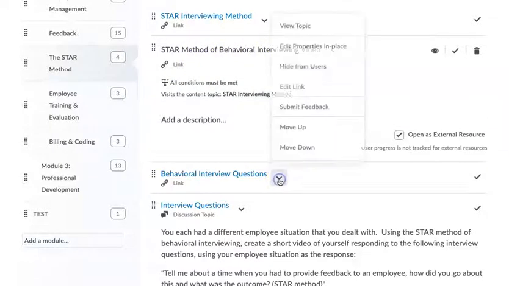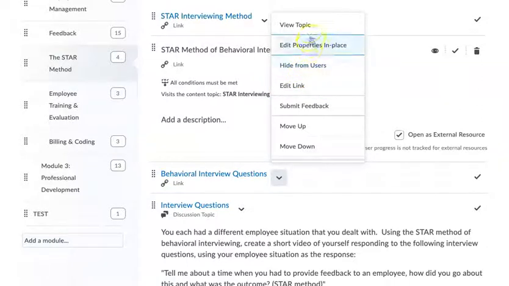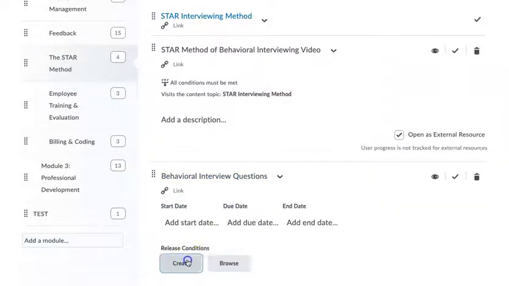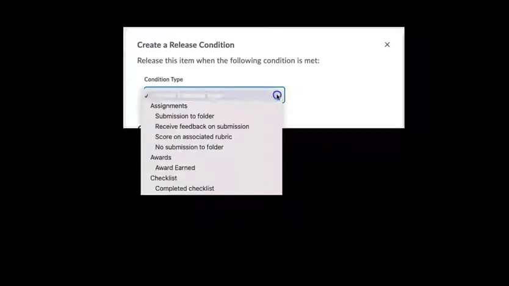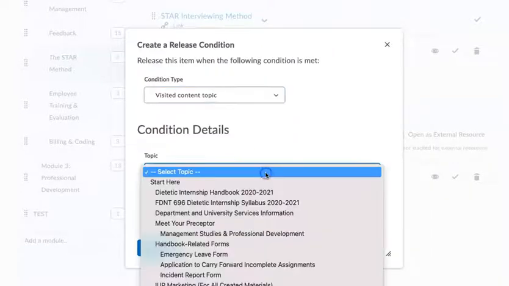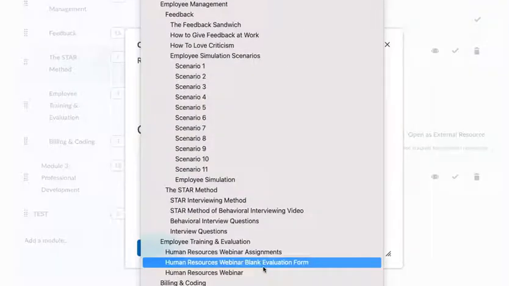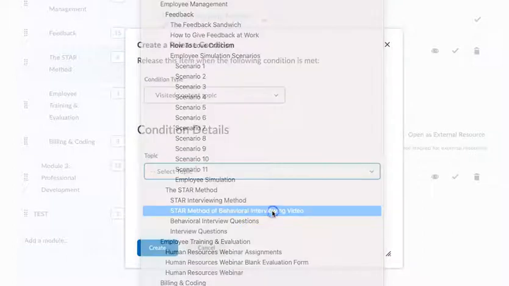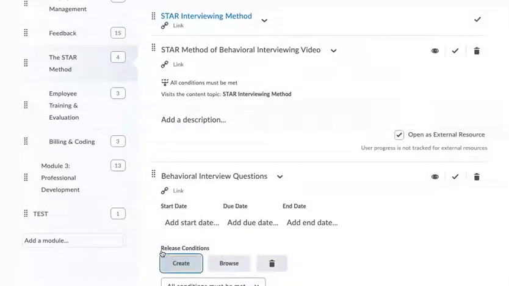I'm going to do the same for the next one. Go ahead and edit my properties, select restrictions, create a condition. Okay, this one is the same. I want them to complete the one prior. So they've visited the content topic. And if I come down, this is, again, I want them to review the interviewing video. Okay, we'll create that. I now have